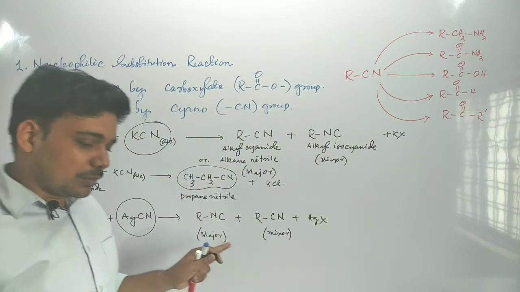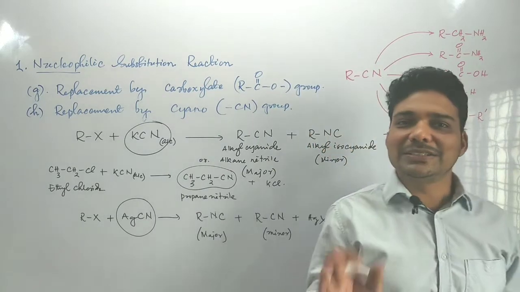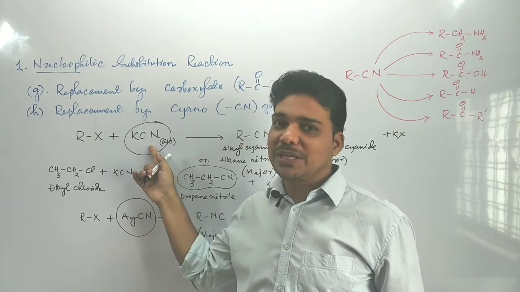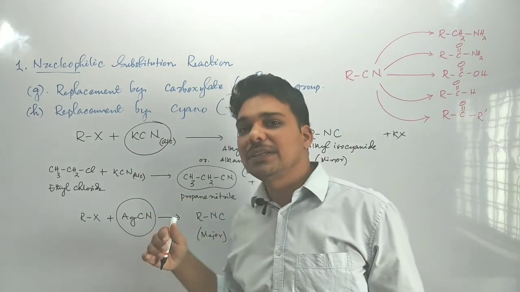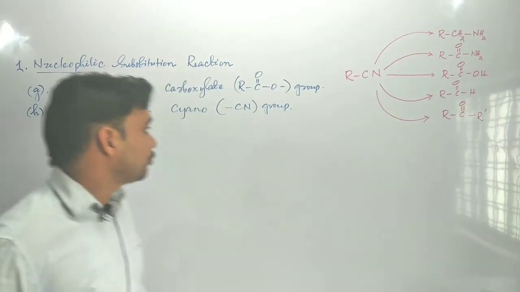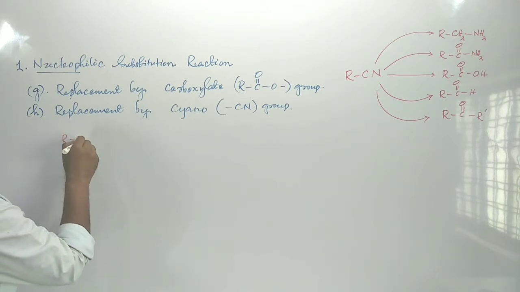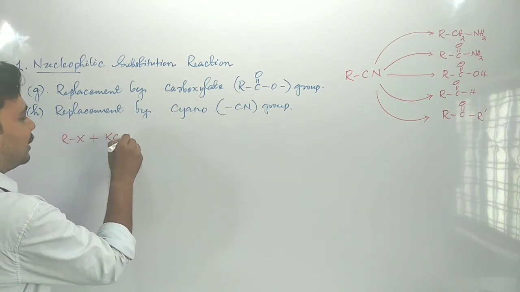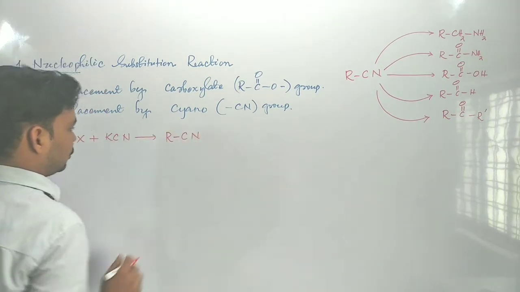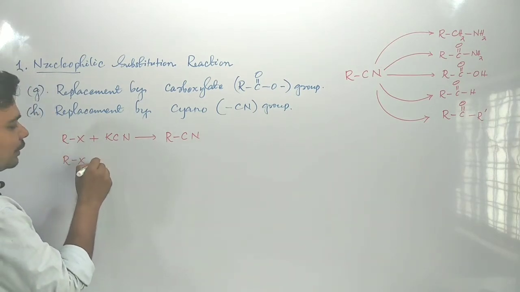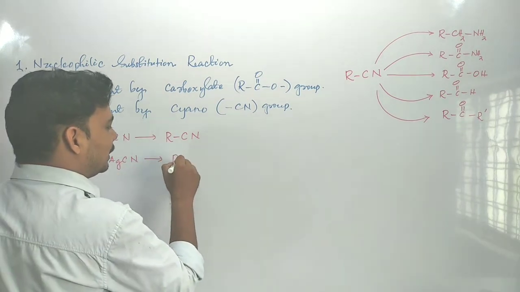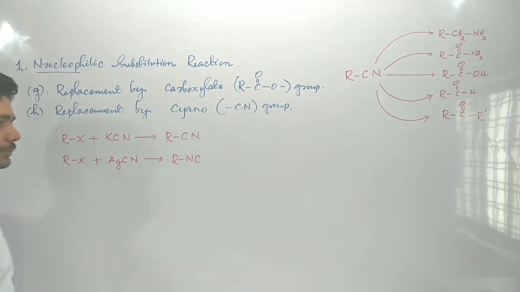Okay. So now we will try to find the reason. What happens exactly when we change these reagents, potassium cyanide or sodium cyanide or silver cyanide? Let us bring these reactions into analysis. What have I told? When alkyl halide is treated with potassium cyanide or sodium cyanide solution, we will get alkyl cyanide in major amount. Whereas alkyl halide with AgCN gives alkyl isocyanide as the main product.